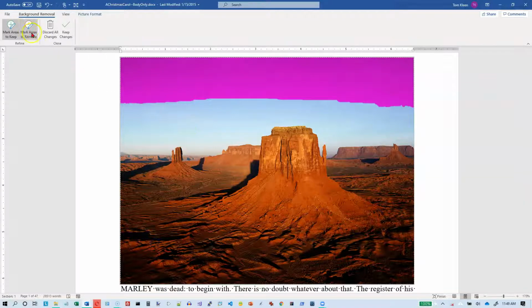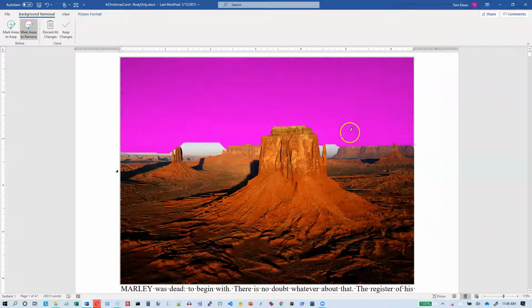Okay, now I've got some areas I want to remove, so let's click on this, and I'm going to just try dragging a line from here over to here. And I got quite a bit of it, so let's do this, and we've got a little chunk right there, and a little chunk right there, and a little chunk right there. And I don't know if there's sky over there or not. I can't tell. I can see quite a bit of brown. There might be a little bit of sky right up above it,